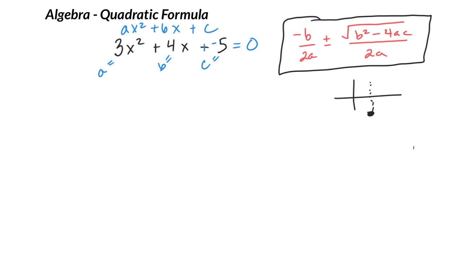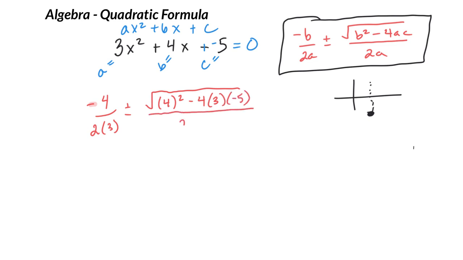Okay, let's actually use this. So we've got negative b. For us, that will be negative 4 over 2 times a. Now on the first pass through, all I do is substitute in the values. I don't do anything else. Square root of b squared minus 4 times a times c